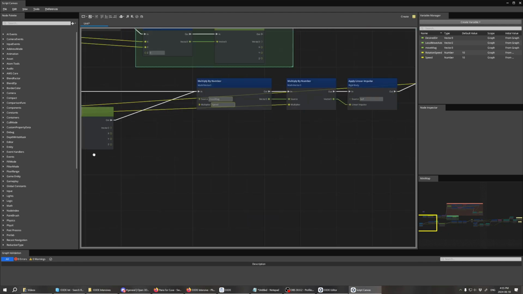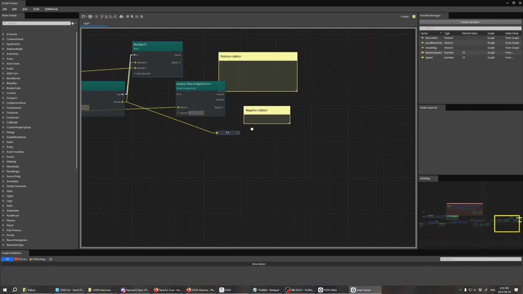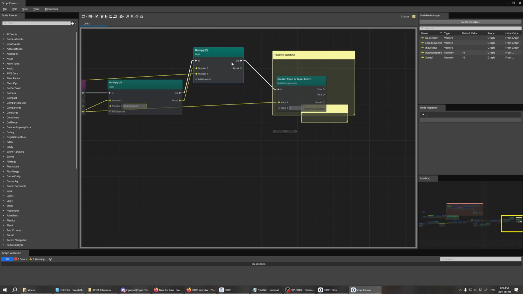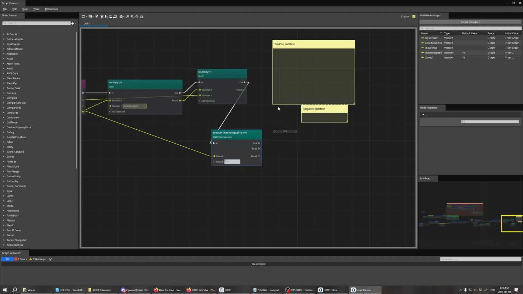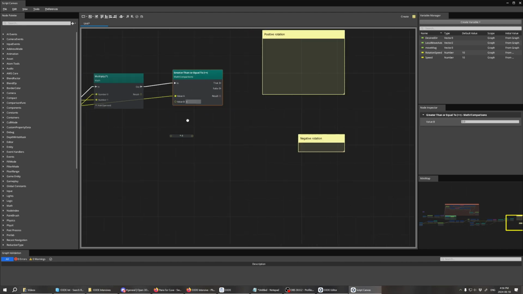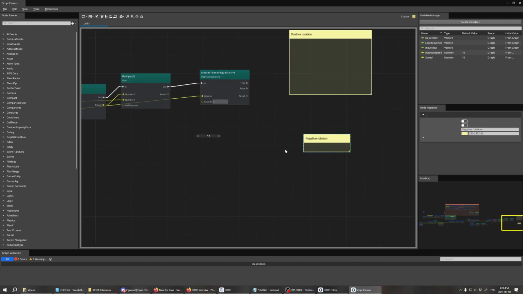Now we have a delta rotate speed. And now, again, we've got our greater than or equal then. So then we can go